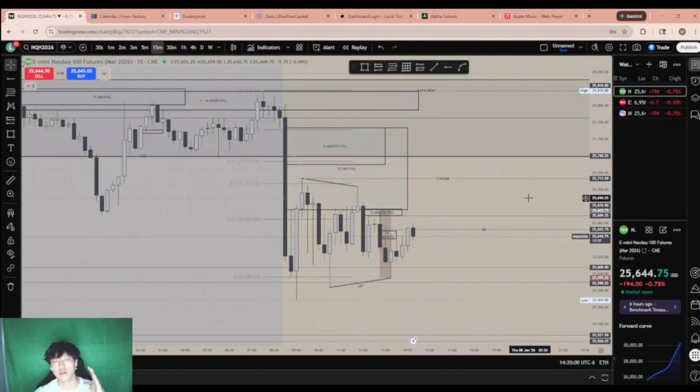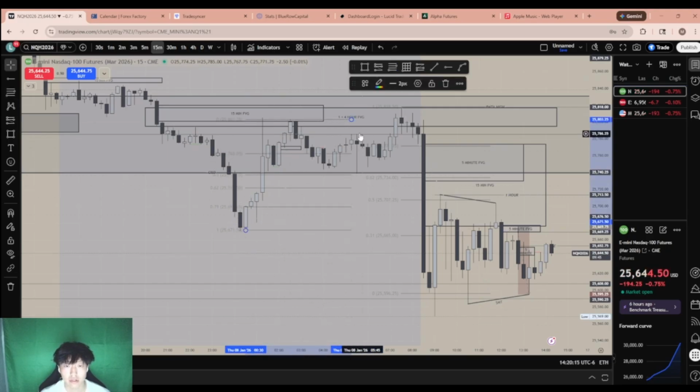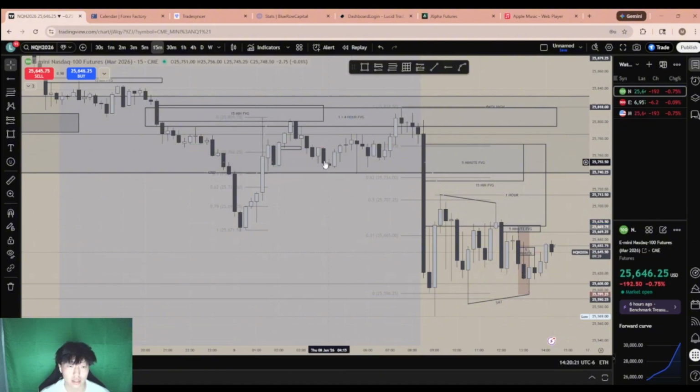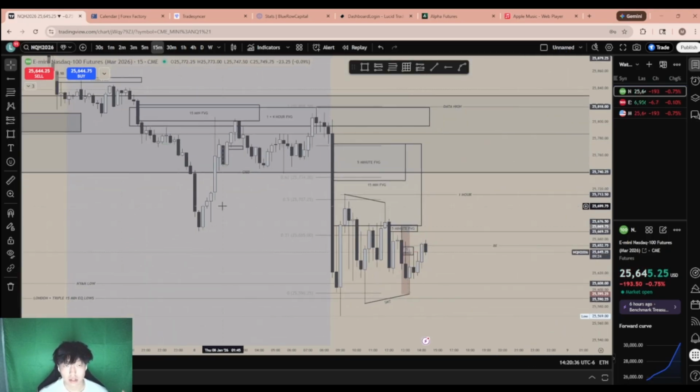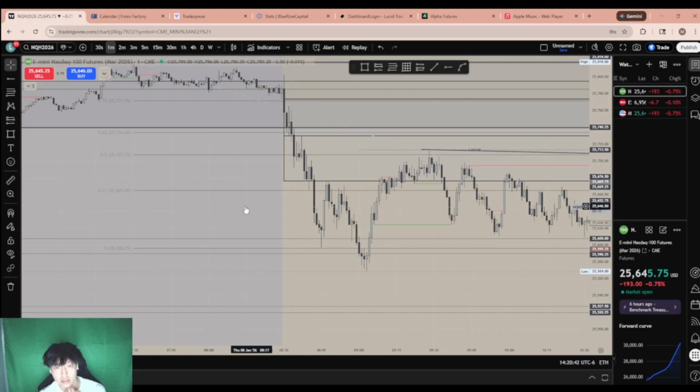But yeah, in a clean leg, there shouldn't be something like this right here. This would invalidate the fib being like that. The fib would then be from this to this high, and it would need a rebalance, which pretty much gets a rebalance with this candle right here at the 0.5. But that's it. I usually use it on the 1, 5, or 15-minute, just because they're going to be the cleanest.